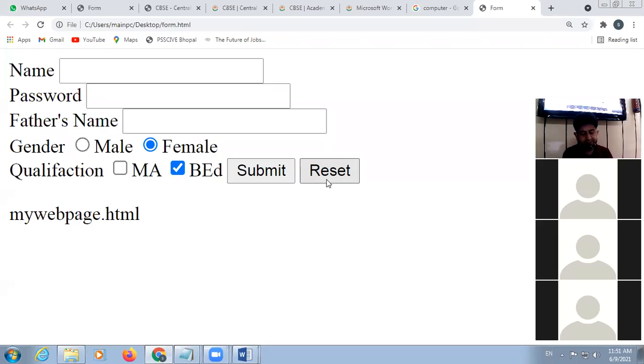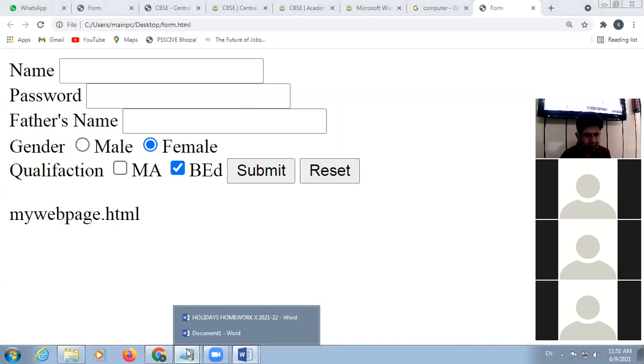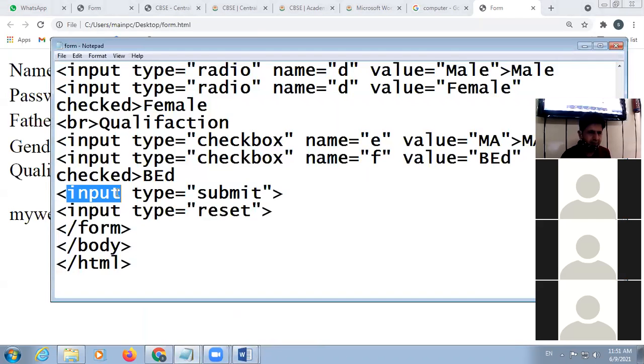Next, there is also a button tag, but in some browsers the button tag is not working. I'm just checking. Look here, taking the button here.